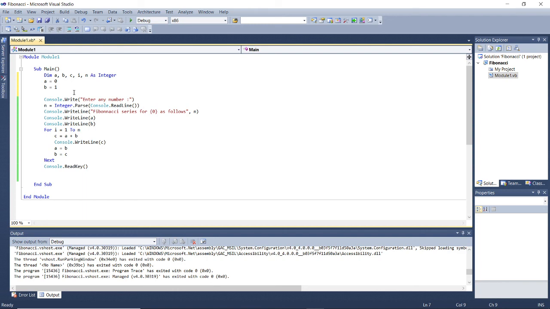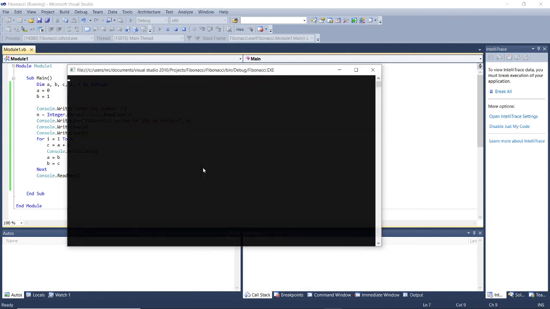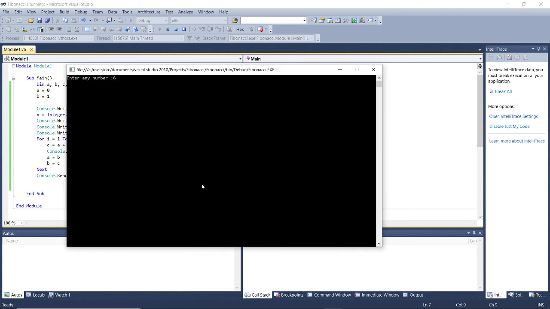Now it is okay. So if the inputted value is suppose 6, then 0, 1, 1, 2, 3, 5, 8, 13. If you see any number in this particular series, it is the addition of the previous two numbers. In the same way, after 8, 13 what will come? 21. After 21 comes 34. Like this it is possible to write a program to display Fibonacci series for a given number n.